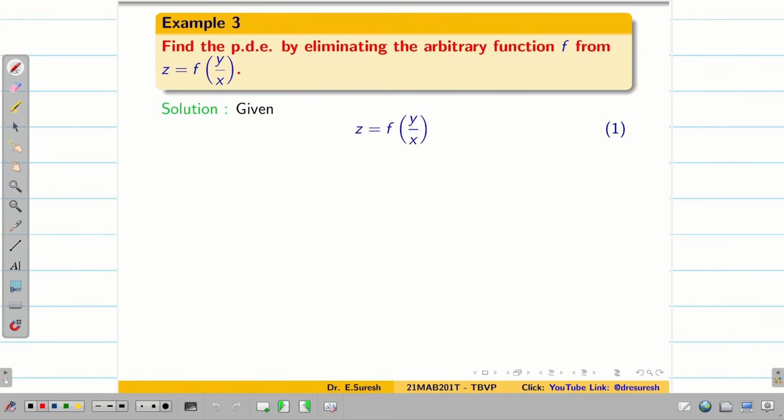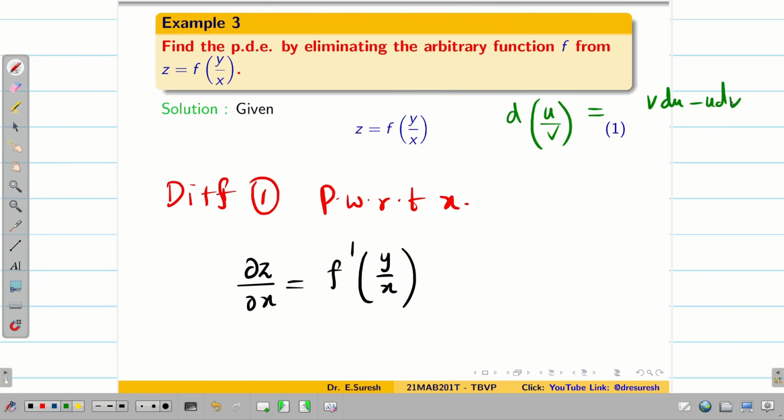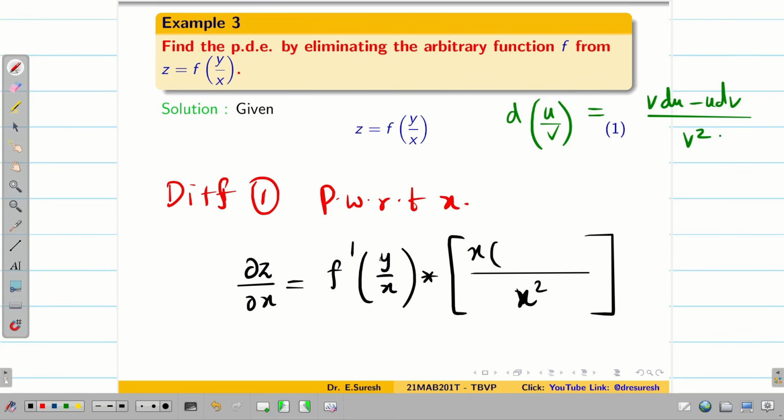Take the given question as equation 1. Now differentiating 1 partially with respect to x, we get dou z by dou x is equal to f dash of y by x, and we have to apply u by v rule. We know that differentiation of u by v is v du minus u dv divided by v square. Here x is v and y is u. So x square in the denominator, then you keep x and differentiate y partially with respect to x. It is going to be 0 minus y into partial differentiation of x with respect to x is 1. So we get the answer p is equal to f dash of y by x into minus y by x